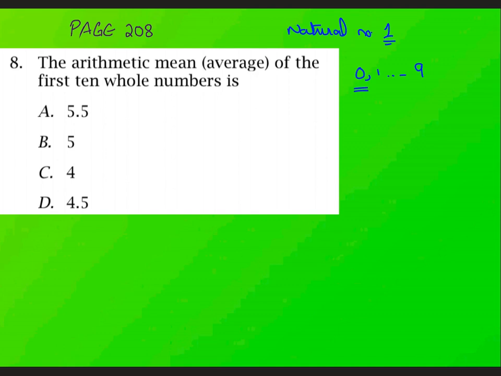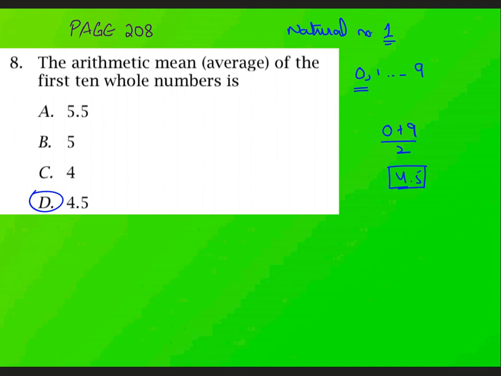So this is basically a case of 10 consecutive numbers, and we have to find the mean, the average. This also is an AP. This is an AP of a common difference of 1. So you can use the same concept, take the average of the first and last, and that should be the average of the entire AP of these 10 terms. That's basically 4.5. 9 upon 2 is 4.5.